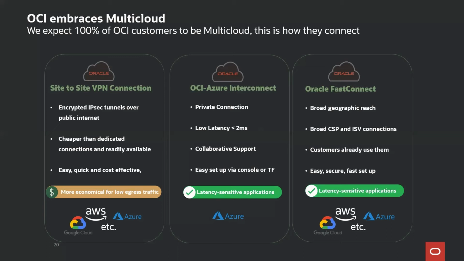The third option is to go with one of our Fast Connect partners. So we're going to talk about Equinix today, which is a premier Fast Connect partner. They can offer advantages above and beyond the Azure Interconnect, whereas the Azure Interconnect is a pairing within a specific region. A partner like Equinix has broad geographic reach. They can reach anywhere, they can connect you, they can connect in a very secure manner, and they can connect to any CSP that you can think of, as well as other ISV partners as well. So much more reach within Equinix for Fast Connect, and that's the way that a lot of our customers are going. And we'll talk about that.